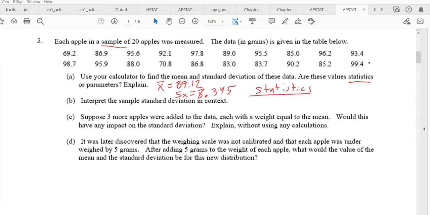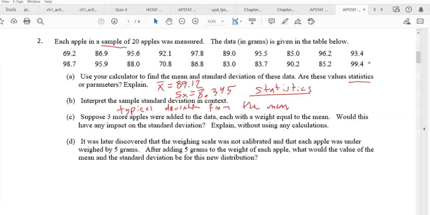Interpret the standard deviation. So standard deviation is the typical deviation from the mean. So in this case, the weight of the apples varies typically by about 8.345 from the mean. So you'd say that. That's the concept, but apply it to this situation: the weight of the apple varies by about 8.345 grams